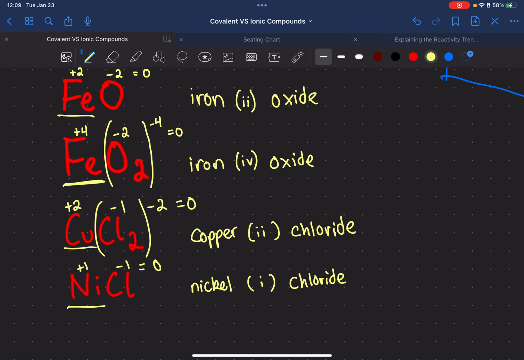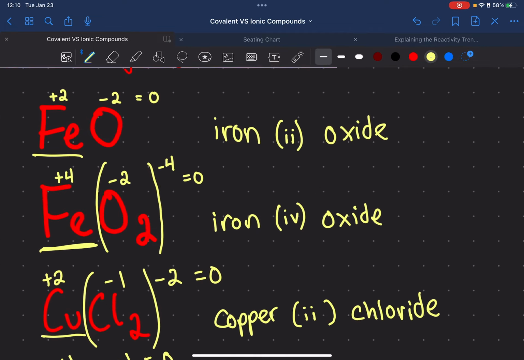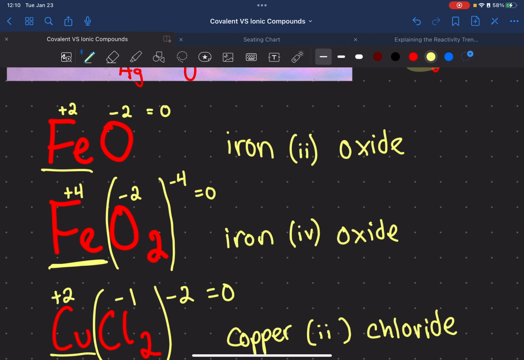I think some people were asking today why it can't just be iron monoxide and iron dioxide. And that's because it actually does matter what the charge on the cation is. Sorry, I call this the cation. The cation is just the positive ion in the ionic compound. It matters what the charge of it is, because if I wanted to take my iron